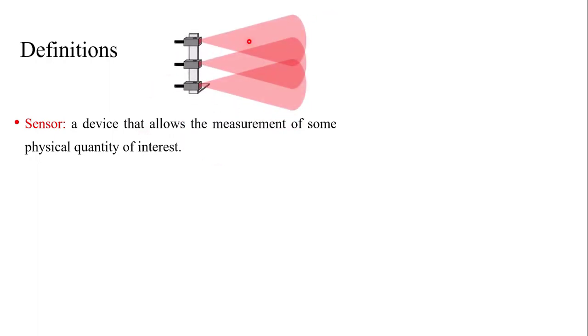Then what does a sensor do? It just senses. Like in this image you can see a ball passing through different lights, and it can sense the position or the velocity of the ball. So it is a sensor which can sense the position or the velocity of anything, that would be a sensor.